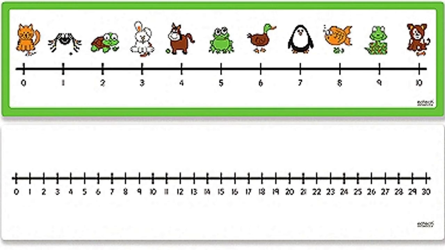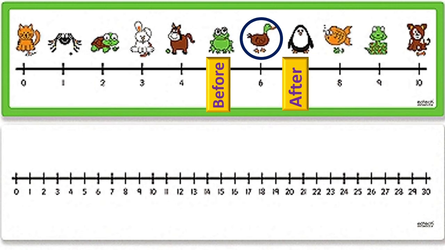Dear children, here also we can see some animals and the number line. Okay, we will select one animal which is on number 6, that is duck, right? You know the number to the left is smaller and number to the right is greater one, right? Come on, tell me which animal is on before position. Yeah, frog is before and our penguin is after, right? Because 5 is before number and 7 is after number, isn't it?